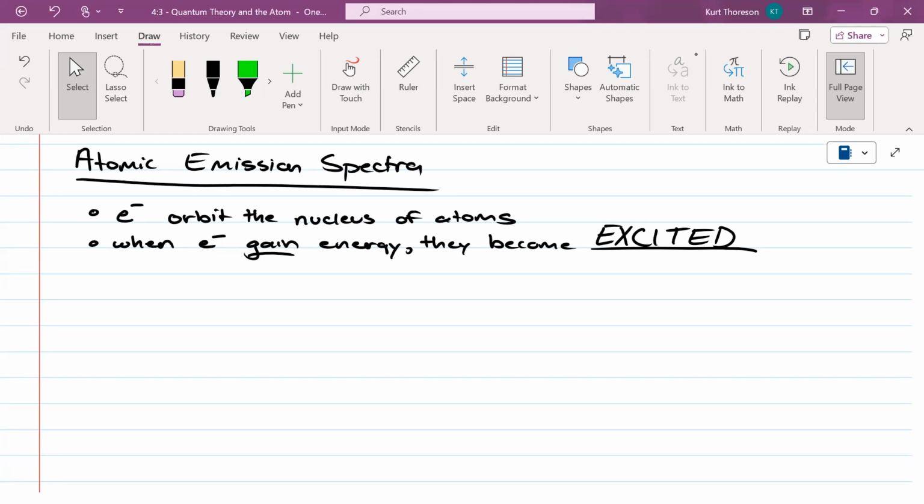So think of a firework. You've all seen them. When you see those fireworks blow up in the sky, are those fireworks absorbing energy to become excited? Or are they releasing energy to go back to the ground state? Exactly. All those different colors you see is energy release. When you see a bomb go off, is energy being released by the bomb or absorbed by the bomb? It's being released, and you see it. That's why I want you to understand, when you see light, energy is being released. If you look at the sun, don't stare at the sun, is the sun releasing energy or absorbing energy? It's releasing it, and we see that. That's why I need you to get it. If you get that, you'll understand this.